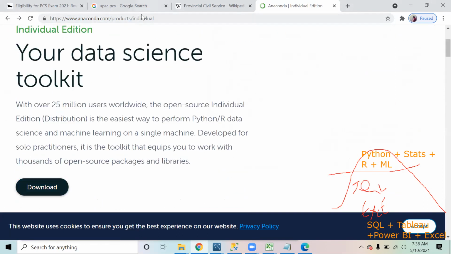Here it is. If you just come on this link, download this. This is one thing that you will be requiring. I'll tell you what exactly this is all about. Please download this and install it.